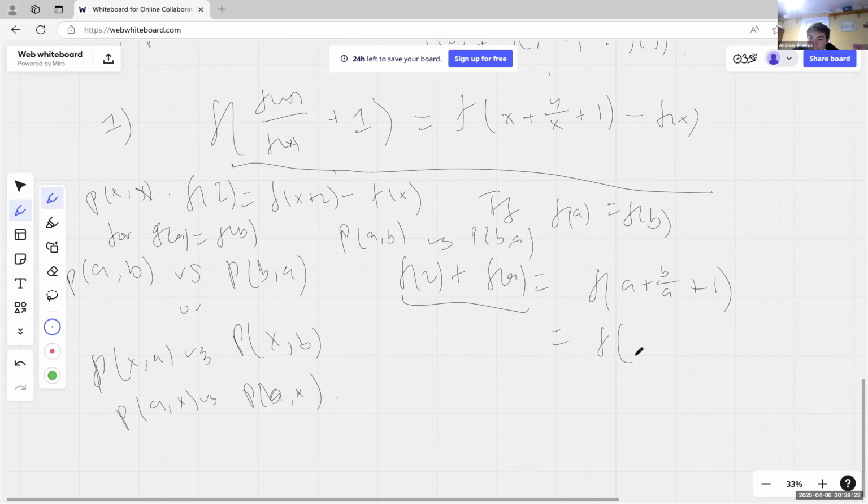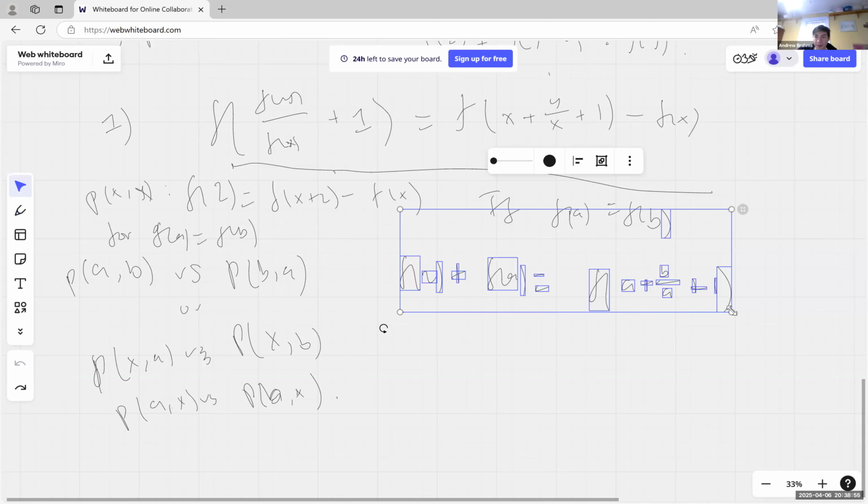So you can get f of b plus a over b plus 1. But from here it becomes a little bit more difficult, right? Because a and b are fixed, so there's not much freedom. But that is a good thought. The fact that these are fixed implies that we might want to introduce a free variable